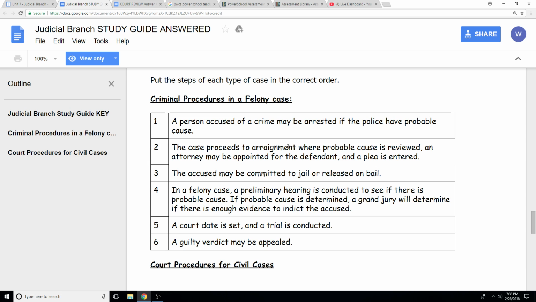So let's say it's a misdemeanor, okay, and that you stole a candy bar. So when you steal a candy bar, it's pretty open and shut case. There might be video, there might be a witness, but maybe we're talking a day, maybe 2 days. It's going to be a relatively quick trial for stealing a candy bar. I'm doing that as a point. They probably wouldn't give you a trial for that, but I'm just trying to make my point. For a felony, like say a murder happened, they're going to bring out all sorts of witnesses.